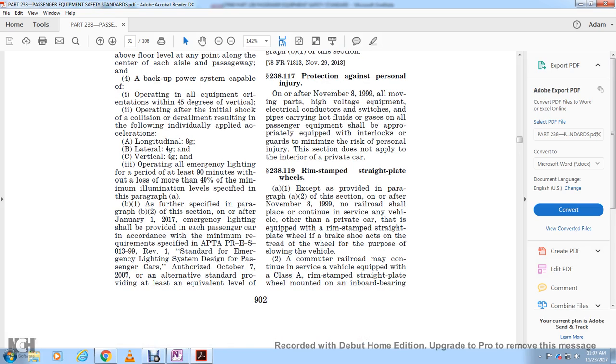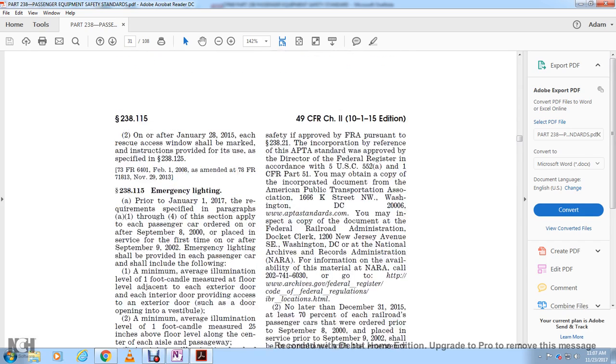Emergency lighting shall be provided in each passenger car in accordance with the minimum requirements specified in APTA PR-E-S-013-99, Revision 1, Standard for Emergency Lighting System Design for Passenger Cars, authorized October 7, 2000. This is an alternate standard providing at least an equivalent level of safety, approved by the FRA pursuant to section 238.21. The incorporation by reference to APTA was approved by the Director of the Federal Register in accordance with Title 5 U.S. Code 552(a) and 1 CFR Part 51. A copy of the incorporated document may be obtained